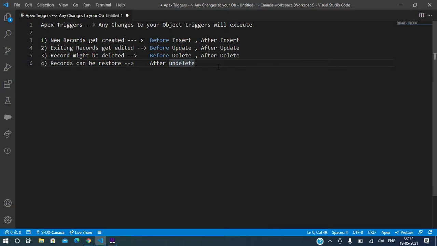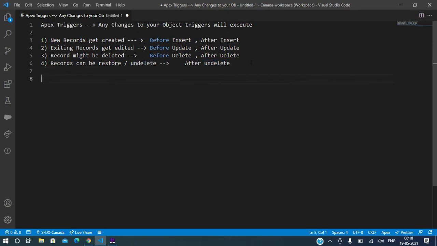For account restoration, meaning the account can be undeleted, technically restore is called undelete in Salesforce, so after undelete. Clear? Any question on the events? These events are defined by Salesforce, not by us.